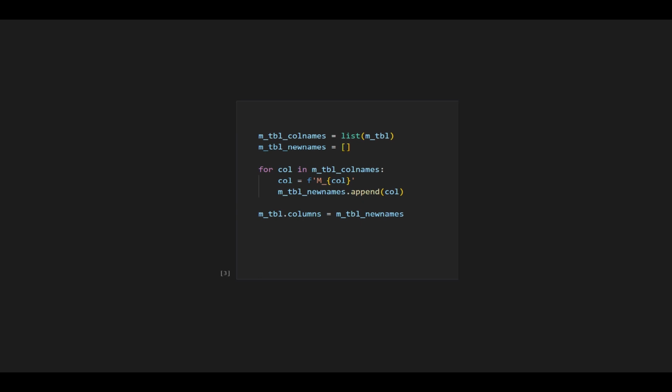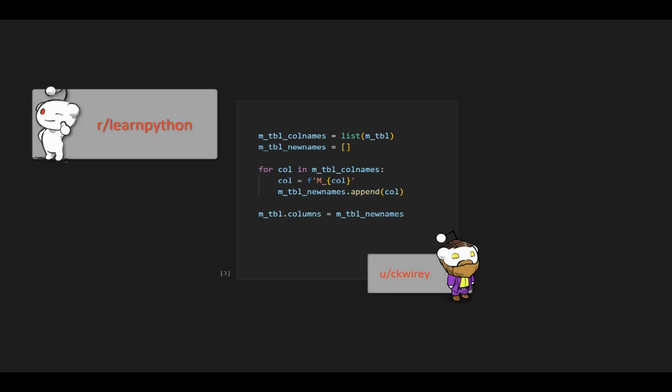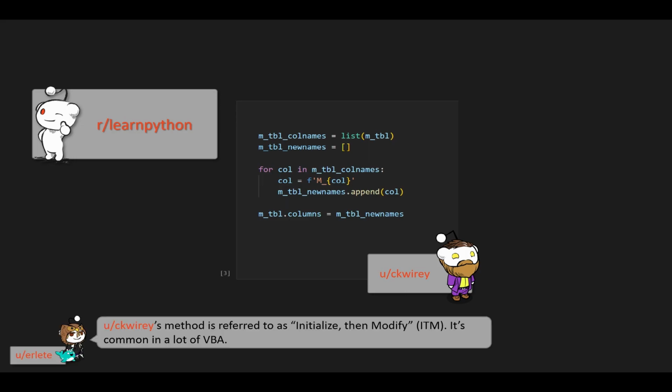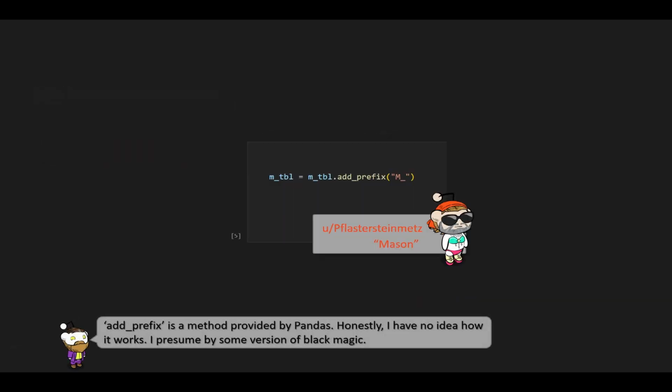So I turned to the Reddit community at LearnPython for help. The moment I posted my question and my code, I received extremely helpful feedback. A notable example here is from Erlet, who helped me understand the coding pattern I was using. To give credit where it's due, Flashdesteinmetz, whom I will refer to in the future as Mason, provided the simplest